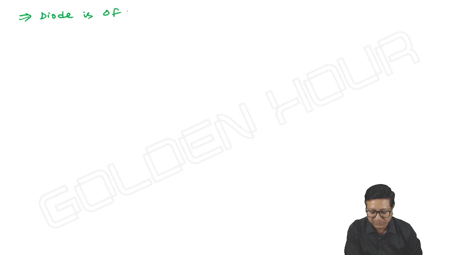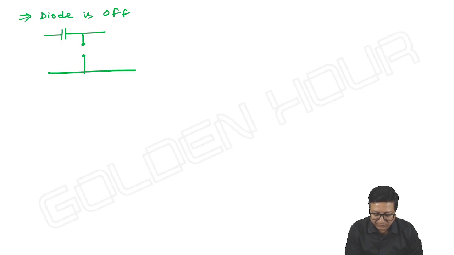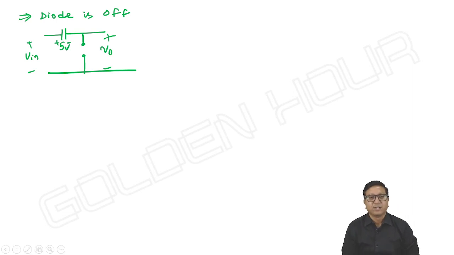So as VD is negative immediately, which implies the diode becomes off. Once the diode is off, the equivalent circuit is this way. This is V input and the capacitor voltage is 5 volts with polarities this way, and V output are VD. Once the diode is off, there is no path for the capacitor to charge further or discharge the voltage it has acquired. So the capacitor can